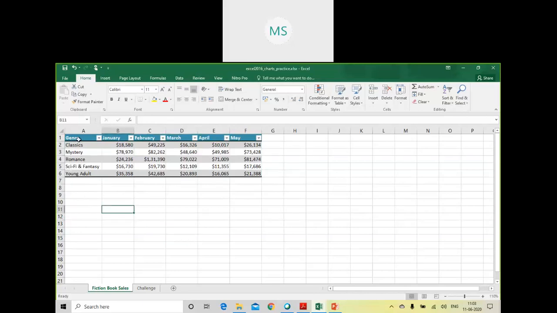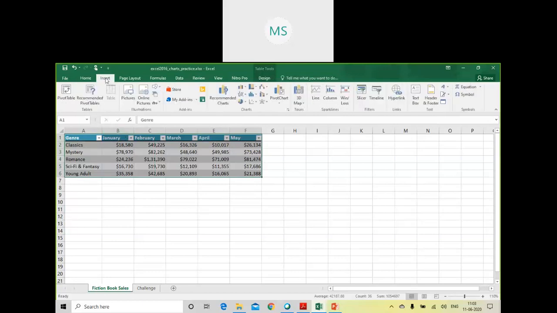Now, if you want to insert a chart, you just go to the Insert tab ribbon. The moment you go to that ribbon, under the Charts section you will be able to see these many options available for charts. You have Recommended Charts, and these are the different types of charts which you can go through, and you have Pivot Chart.